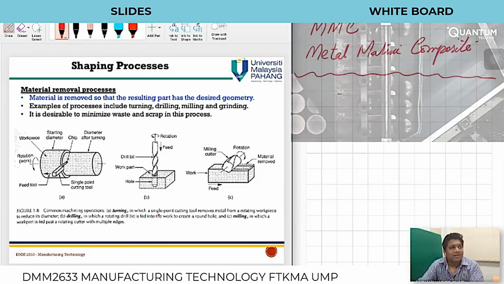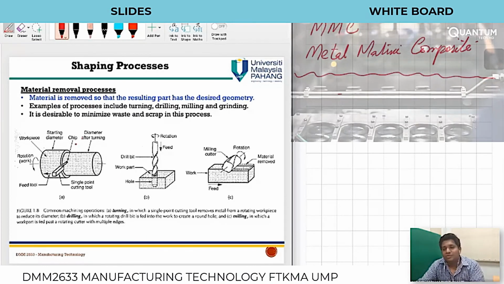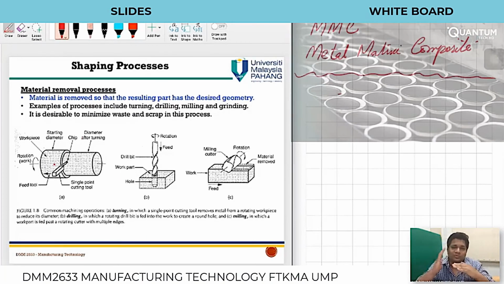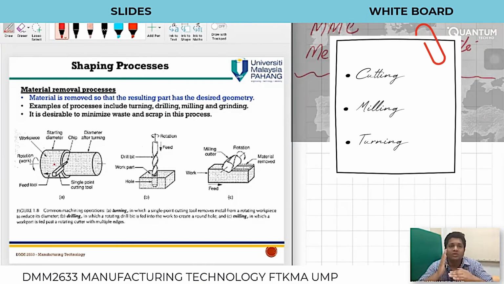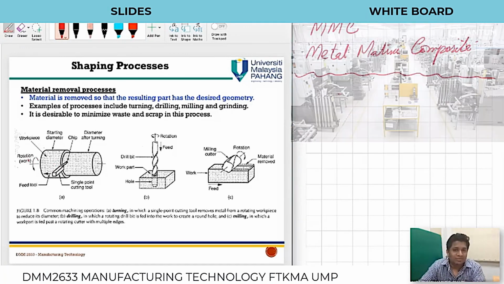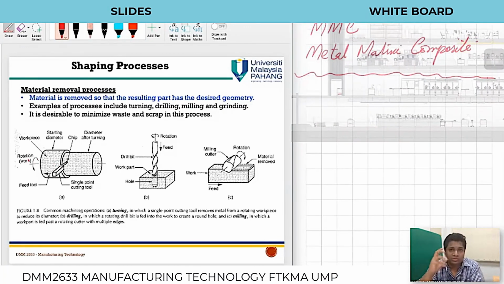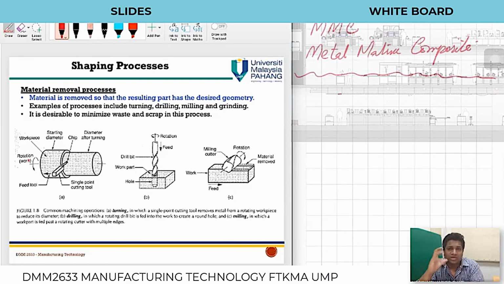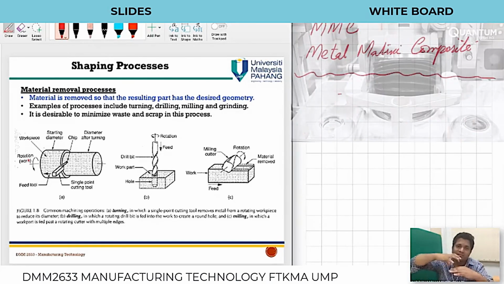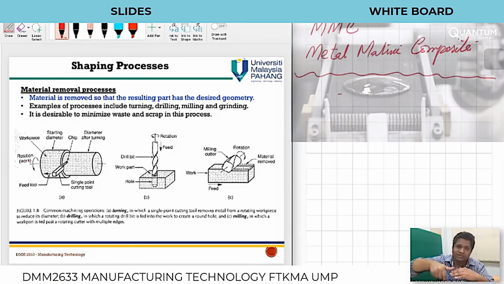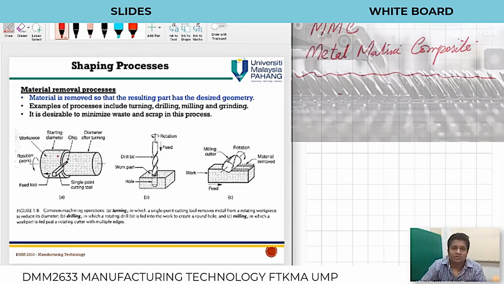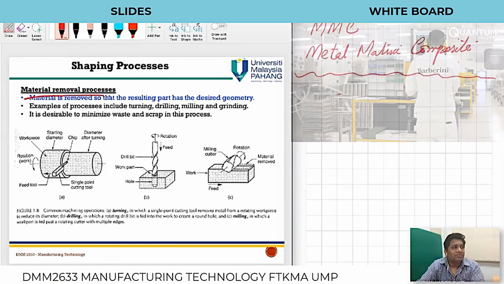So we have got material removal operation. Material removal operation means that I am going to remove a material by either cutting or using milling machine or using turning machine. There are different types of machine available which have got tools, and those tools are very sharp. Those sharp tools basically remove the material from the bulk material or from the sheet material. That process is called material removal process.